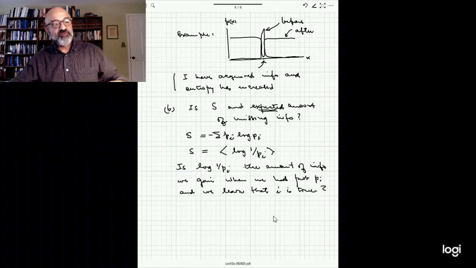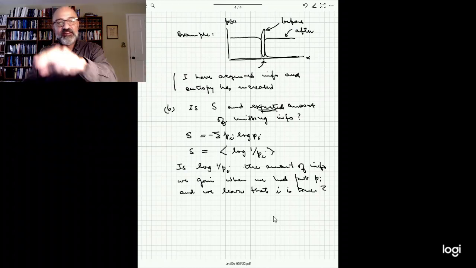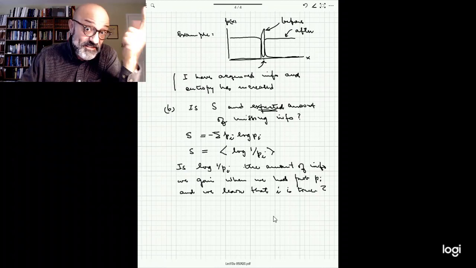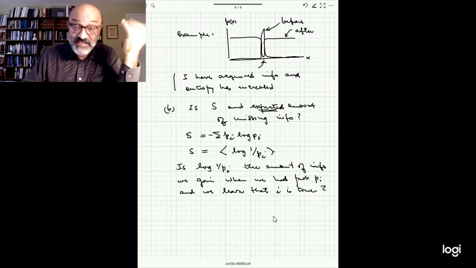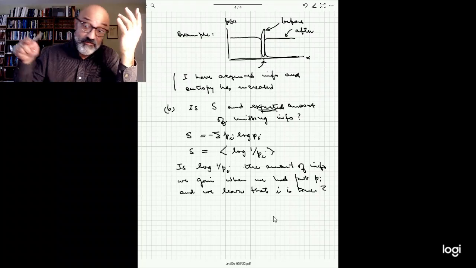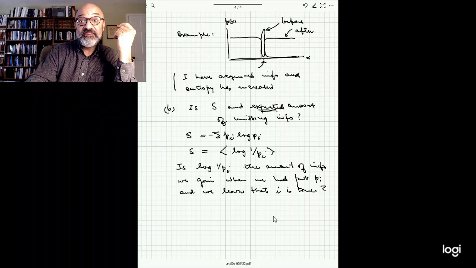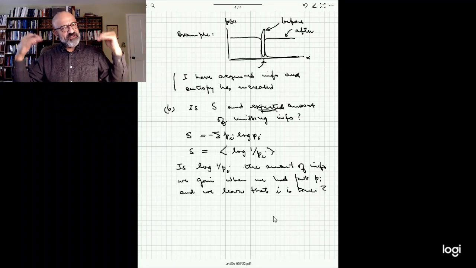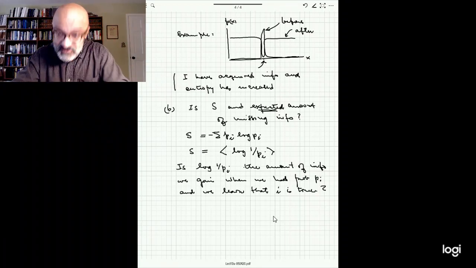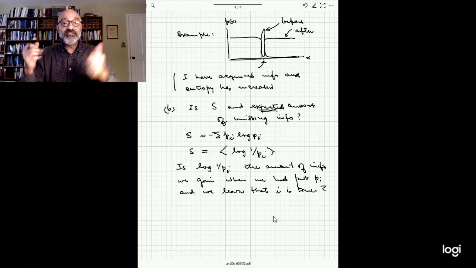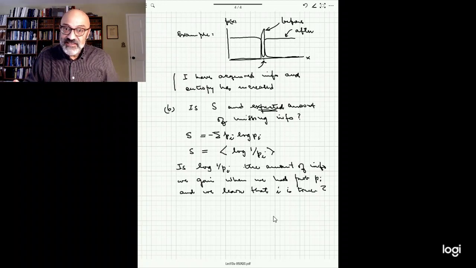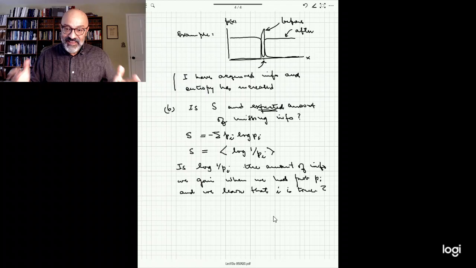Suppose I'm throwing you letters of the alphabet randomly. You just open a book, put your finger, figure out a letter. Most likely it's going to be the letter E. In English language, that's the most likely letter. It's very unlikely you're going to put your finger and find a Z, right? So your probability of getting a Z is very low. And yet, you put your finger, it's a Z. You got a lot of information. That sounds very good. But